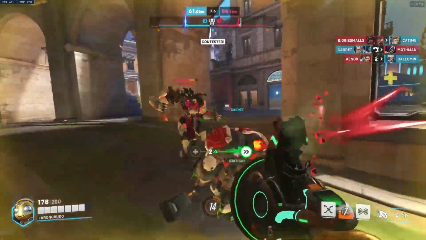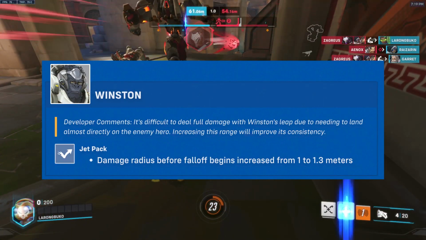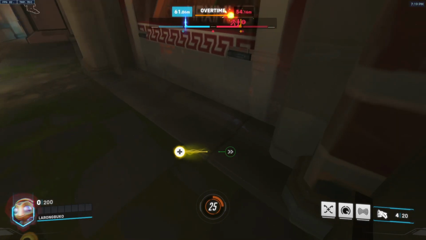Alright, for Winston, rejoice my Winston mains. It's time to return to Monkey and play some Winston, because they kind of gave him a small buff. They basically just increased the radius of Winston's leap so you can fully damage a character at a larger radius than before. The reason why you'd want this is because once they get out of a certain radius, Winston's leap